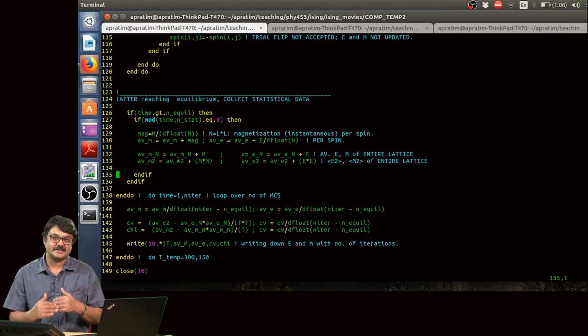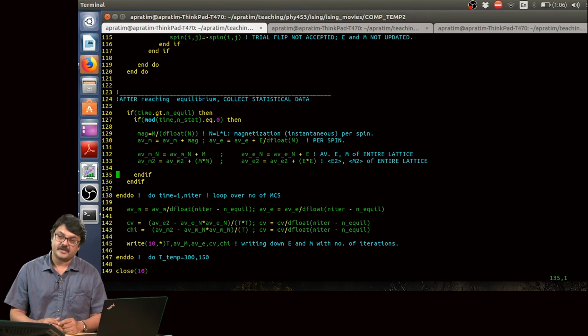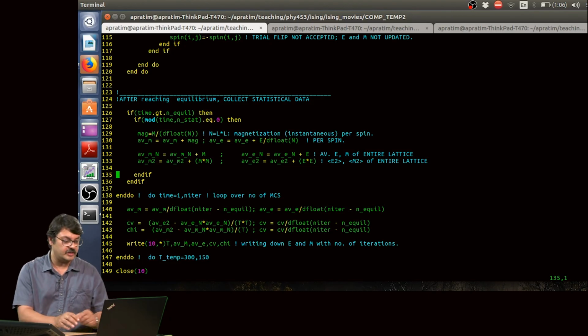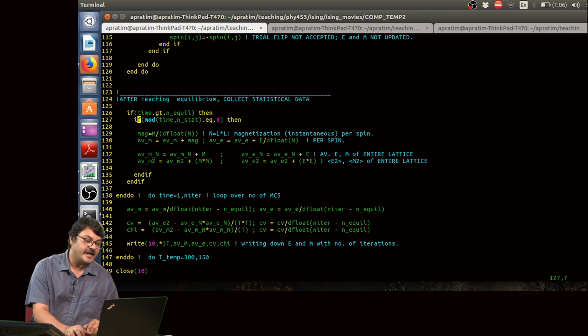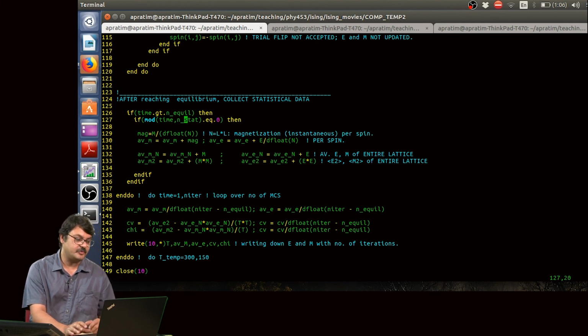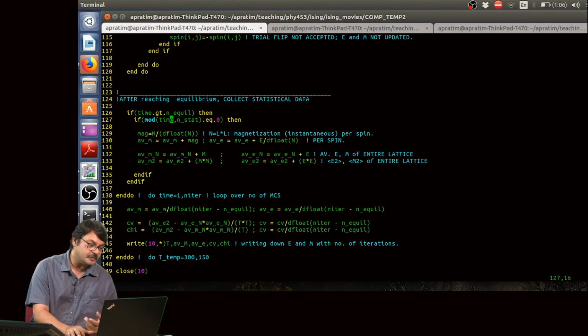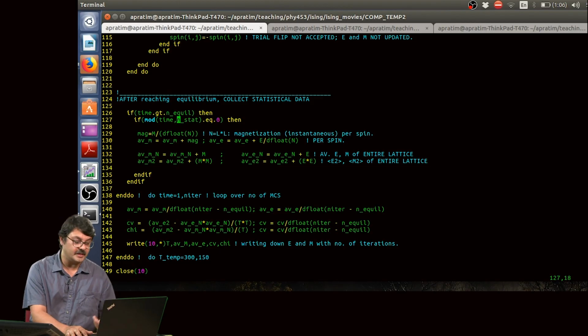At higher temperatures it does change, and that is why I have collected data every MCS. However, depending upon the problem in question, you might want to collect data to calculate different thermodynamic quantities only after every n stat steps. So you do not collect data every Monte Carlo step, but suppose n stat is 10 or 20, or the time it takes for the system to relax to a new microstate.